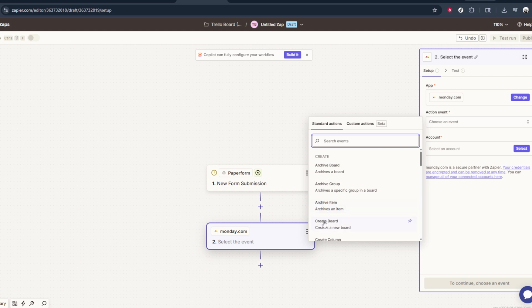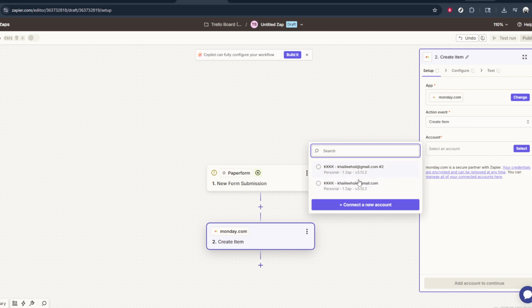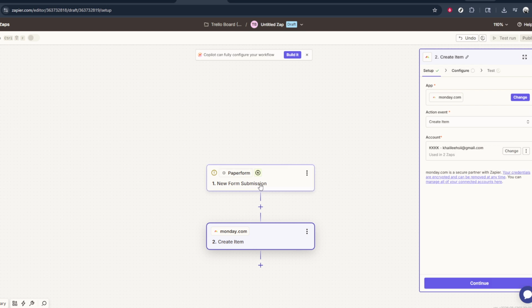After that, click to select an account and connect your Monday.com account to Zapier. Follow the on-screen instructions carefully here as well, granting access when prompted. Once both accounts are connected and your events are selected, Zapier will guide you through mapping the data fields from Paperform to the fields in Monday.com. Follow the on-screen prompts, make sure